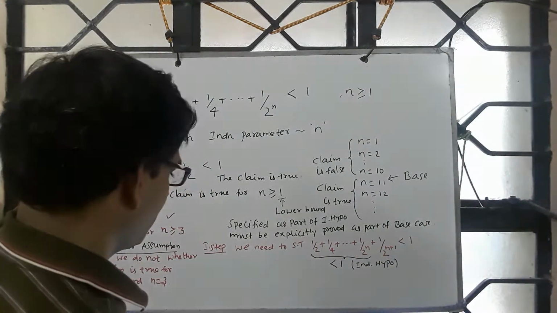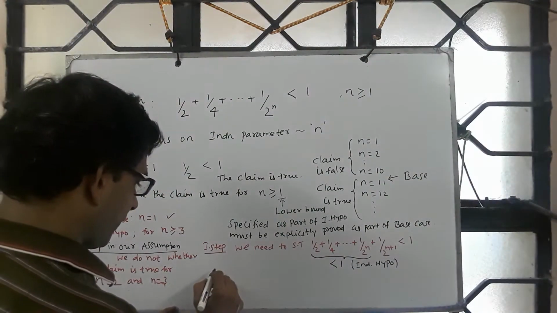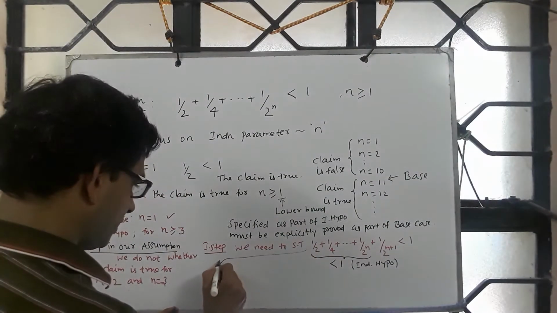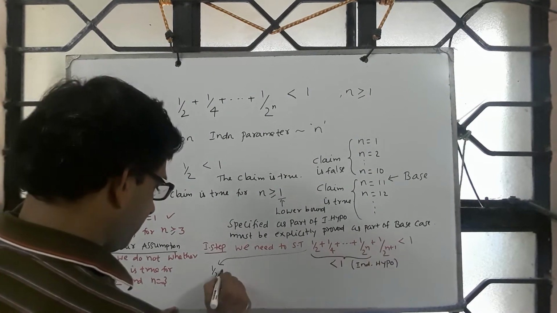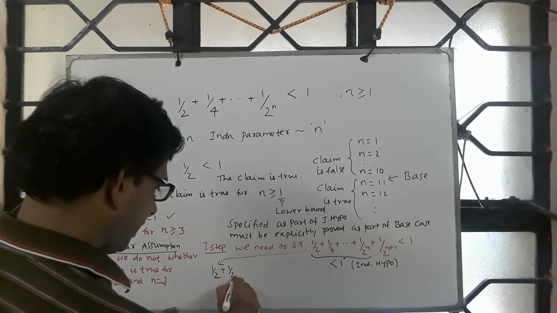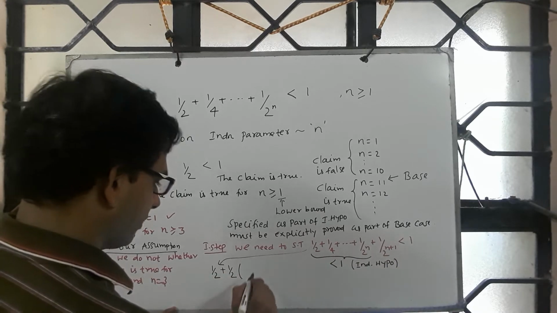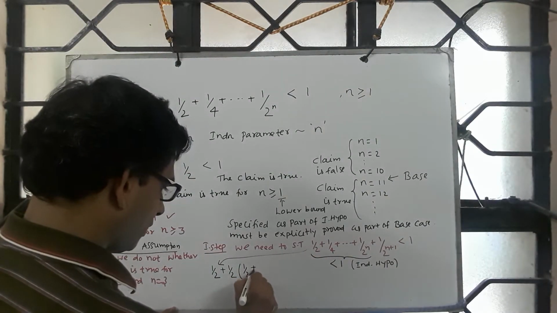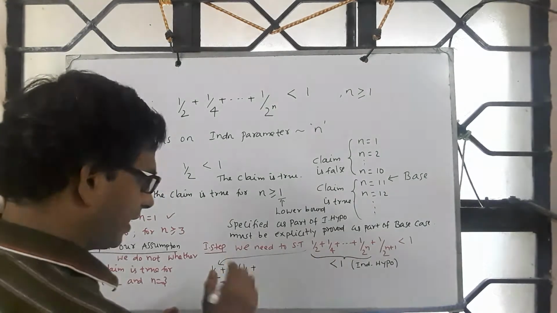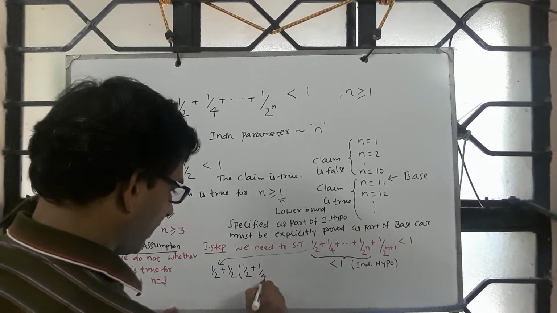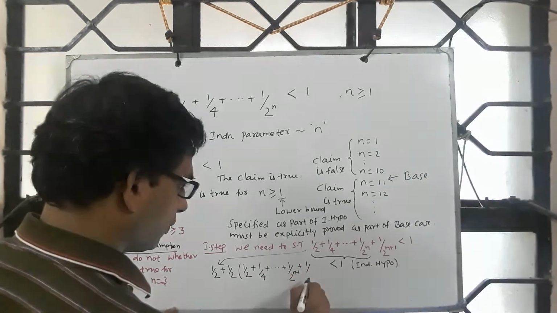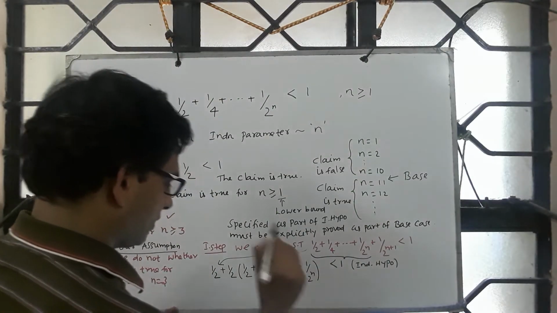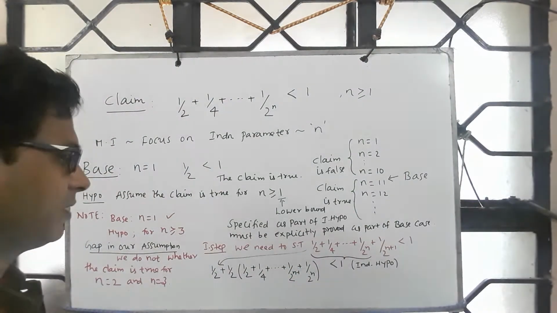Okay. So what we do is the following. Take this, you write the first term, from the rest I am taking 1 by 2 common. So 1 by 4, from 1 by 4 I take 1 by 2, so you get the remaining. Then from 1 by 8 I get 1 by 4, like that it goes. And from 2 power n I am taking 1 by 2 out, so you are left with this. Is this fine?